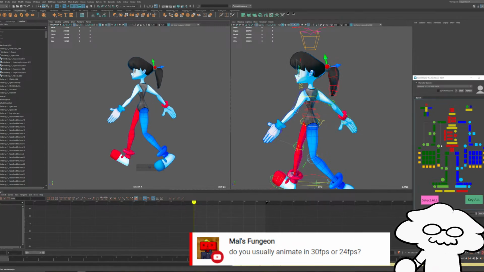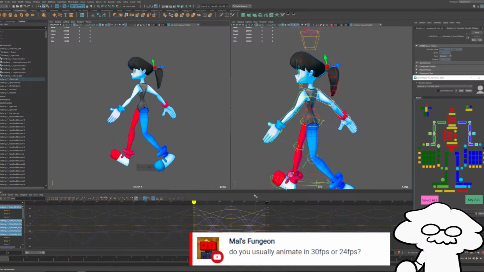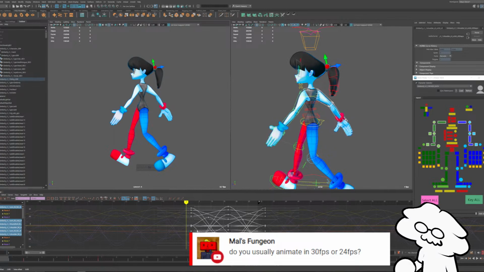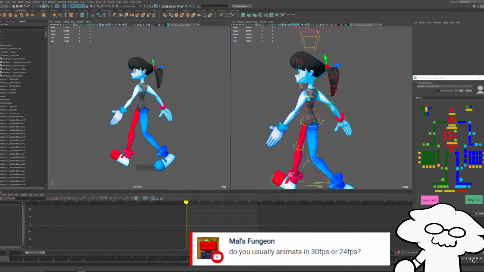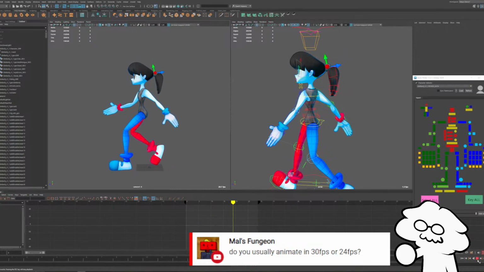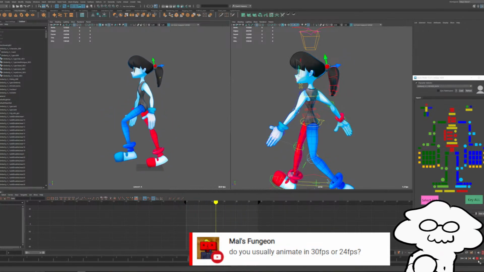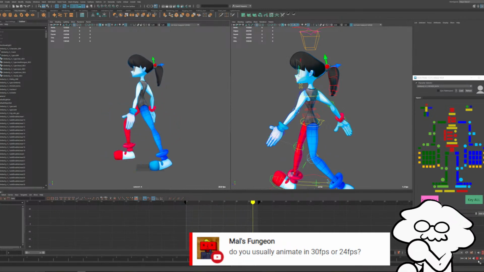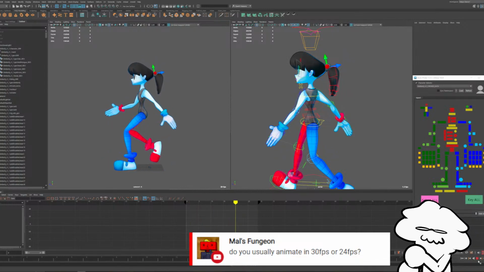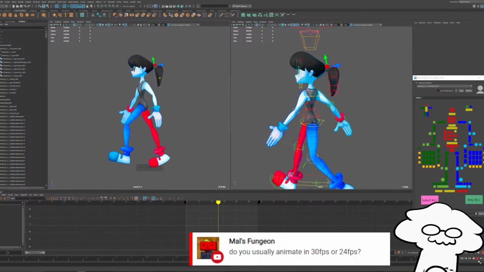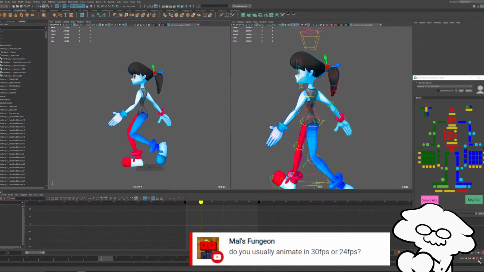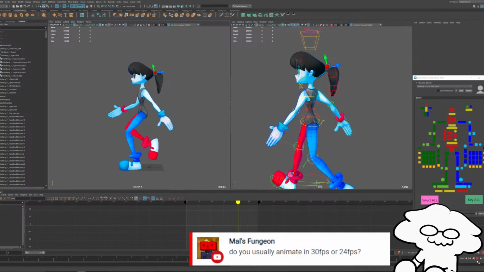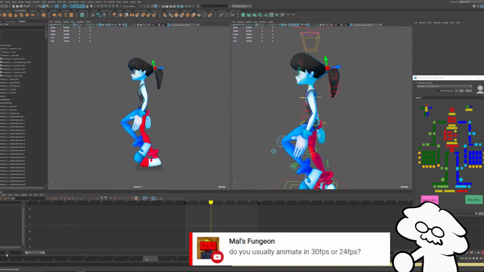Whereas if I take all of my arm keys and delay them by 2 frames, I still have some work to do on the arms, but if I just delay them, then you can't really feel that loop point, right? It's not as obvious. It's just a small little thing that makes it a little easier to hide the loop in your cycle. And you could do that for basically anything, as long as all of your keys start and end within 30 frames, or basically whatever length your animation is. In our case, it's a 30 frame walk cycle.